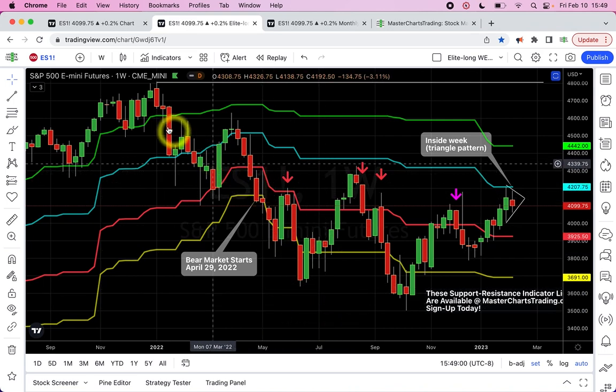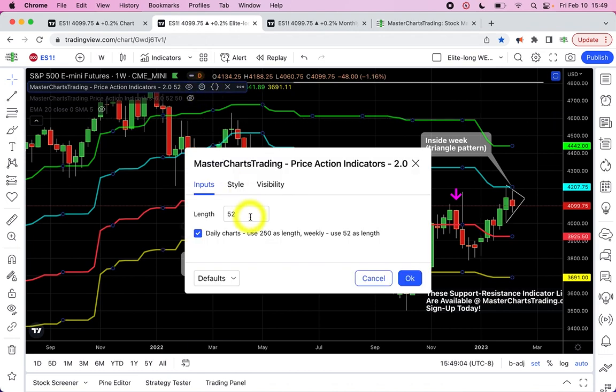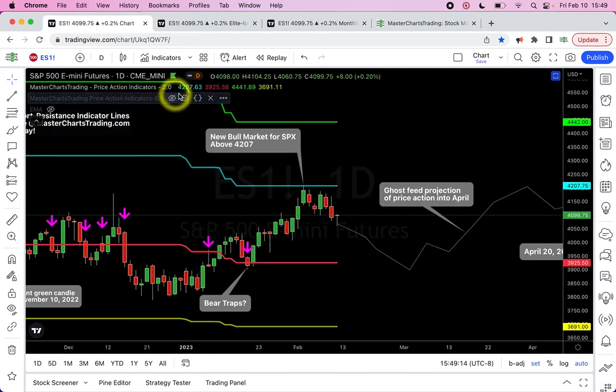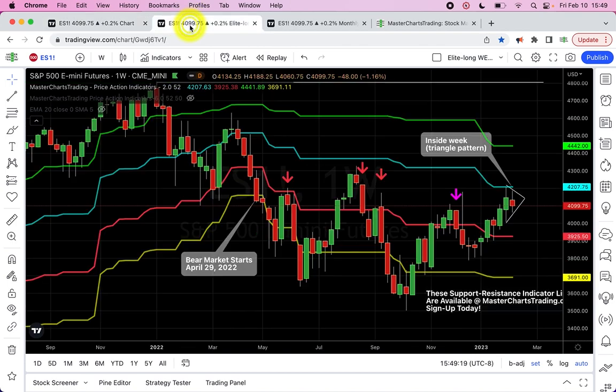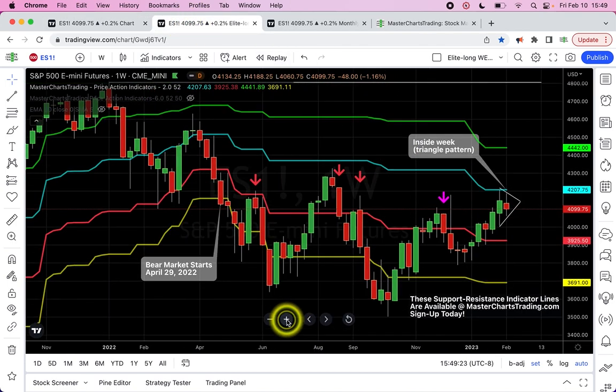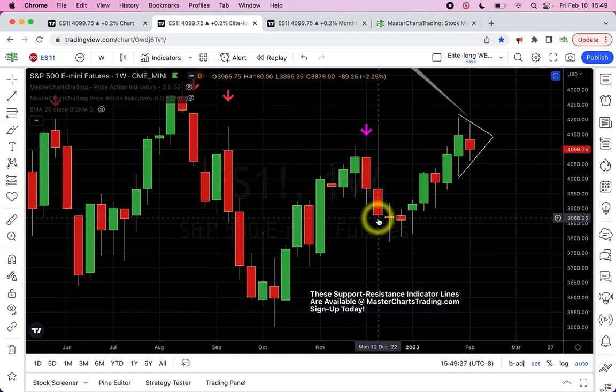Okay, so when you change the interval and you use my indicators, you need to change the length. On the weekly chart, use 52 as length. It says right there, daily use 250, weekly use 52. Notice on the daily chart here, I am using 250. So when you switch between them, make sure you change the settings. On this chart, we don't really even need the indicators. I just wanted to show you